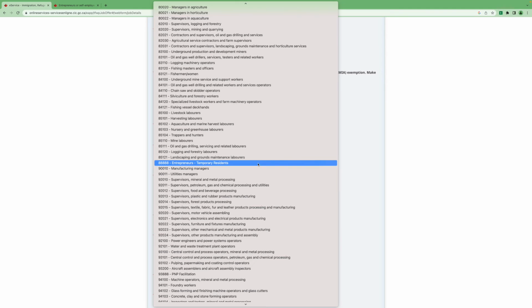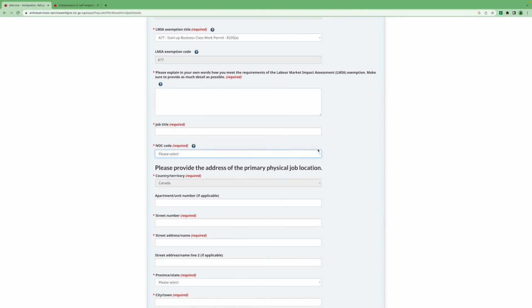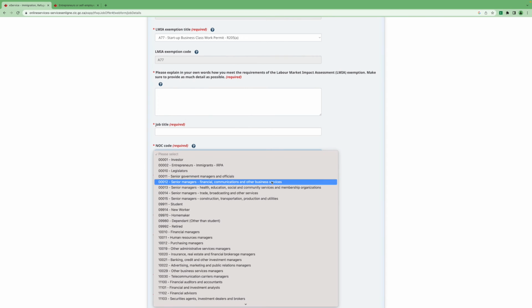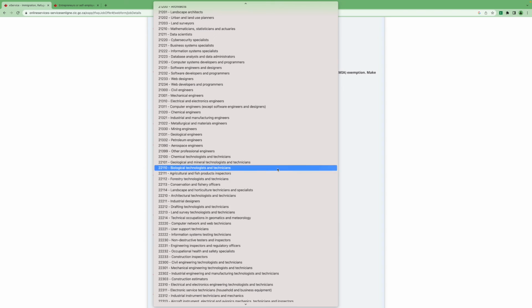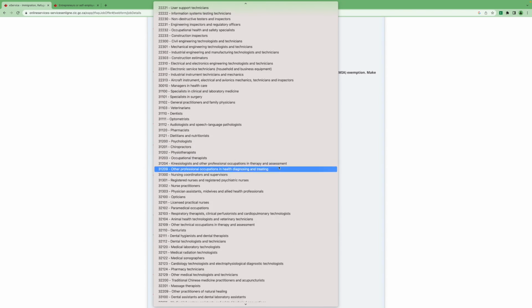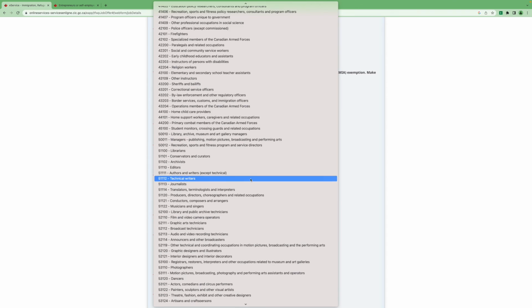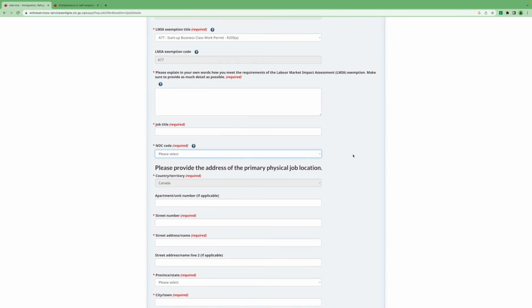They do. They just added another 8. So entrepreneurs, temporary residents. So this is what you would do for startup visa. It's always been 8888 in the past. I want to just double check unless they've changed the guidance on that, because it seems they are putting the word temporary residence in there, which startup visa program is you're ultimately applying for permanent residence, so it seems a little bit confusing. But in here, you would put the NOC that best describes the duties that you'll be doing